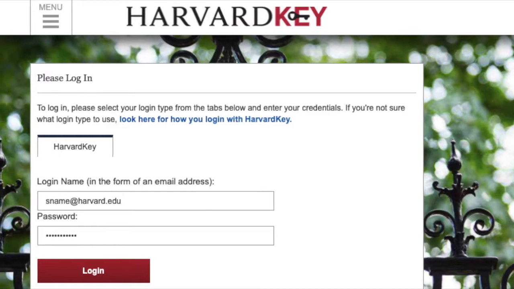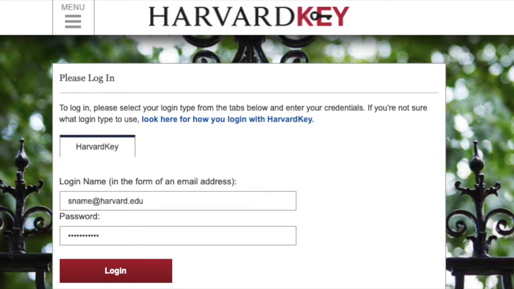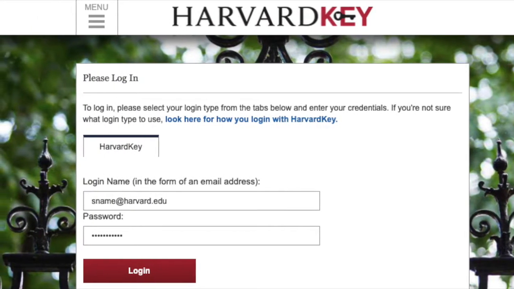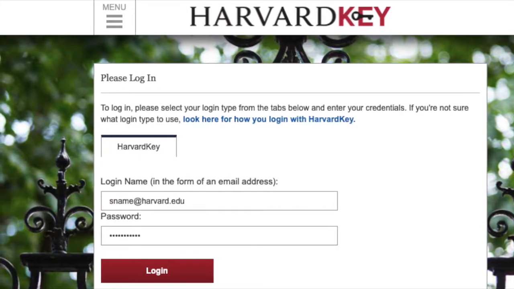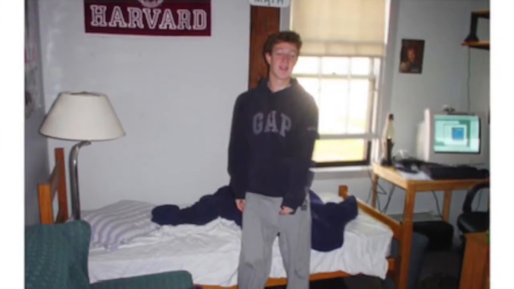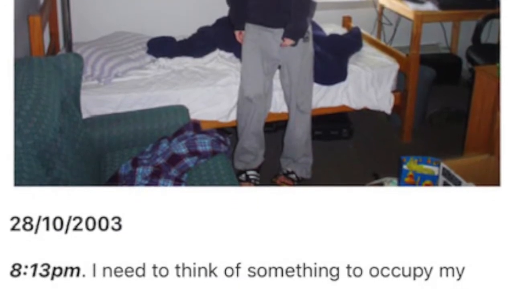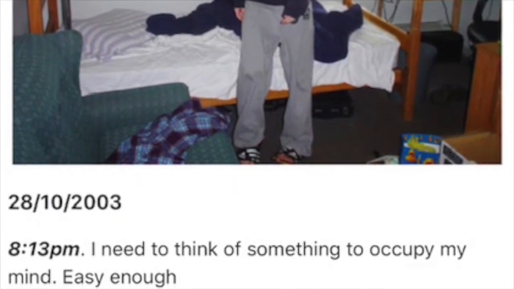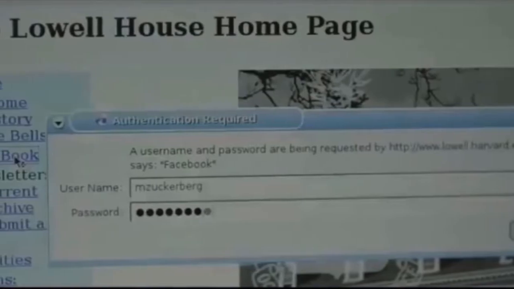Alright, so this one's a little trickier. It turns out that the FAS database is the one holding all the student profile information at Harvard. I came across what appears to be the actual blog that he was writing as he was hacking the pictures out of these houses, link in the description, and in it, he says he doesn't think the credentials to log into Lowell will be the same ones used to log into FAS. The scene even shows a peek of him trying his own creds and failing to get in.